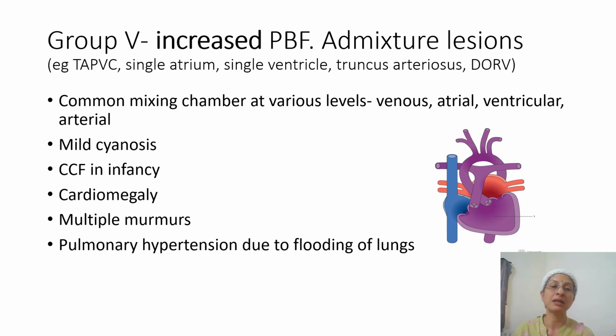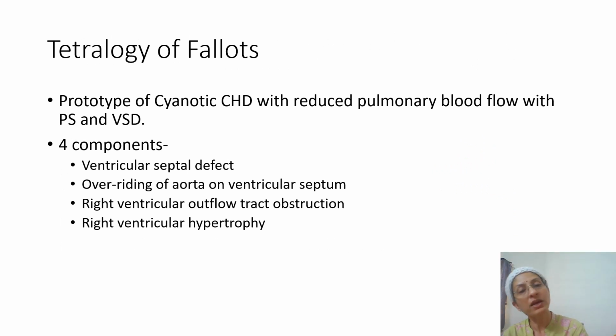Multiple murmurs are there, and due to the flooding of the lungs, there's a very high likelihood of pulmonary hypertension. Now let us focus on the prototype of cyanotic congenital heart disease, which is tetralogy of Fallot. This is the condition which belongs to the first group, that is decreased pulmonary blood flow with pulmonary stenosis and